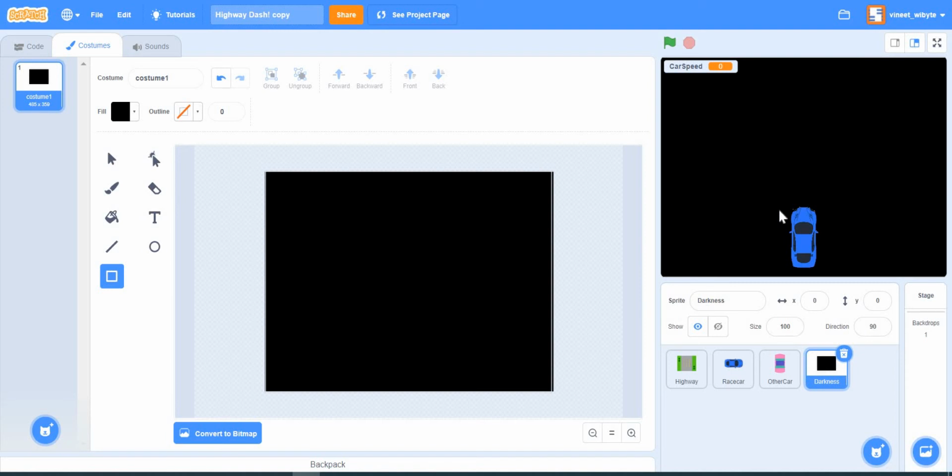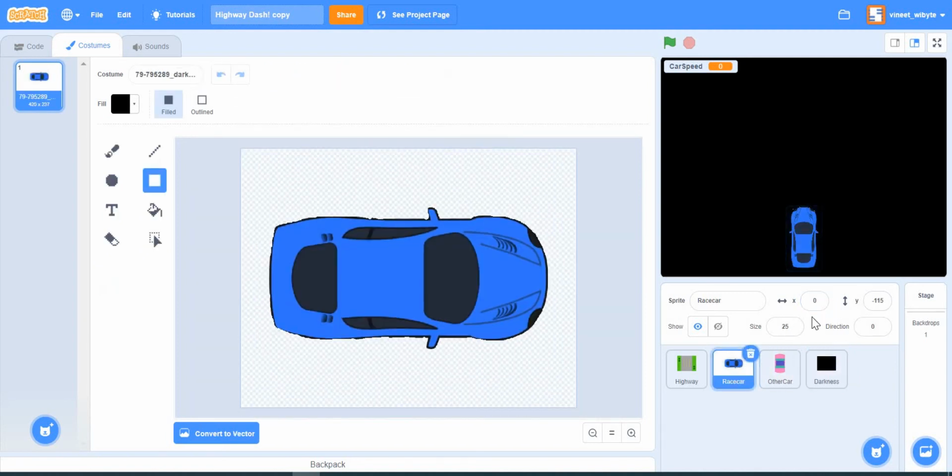But before I do this, I want you to make sure that my car is stationary at x equals 0. So the race car here should be at x equals 0, and y doesn't matter because it's going to move around. But this x equals 0 is very, very important, and the reason for that will become clear later on when we move this. So make sure that your race car is positioned at x equals 0.